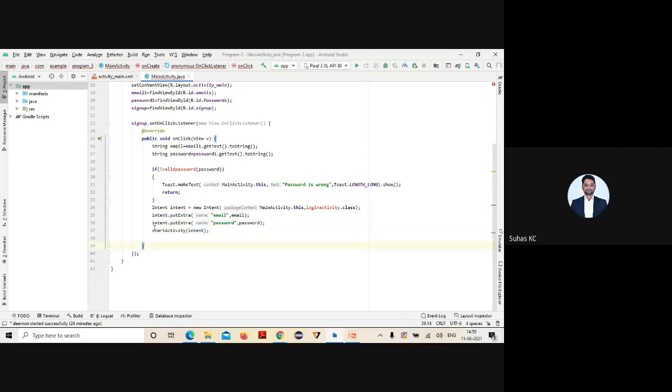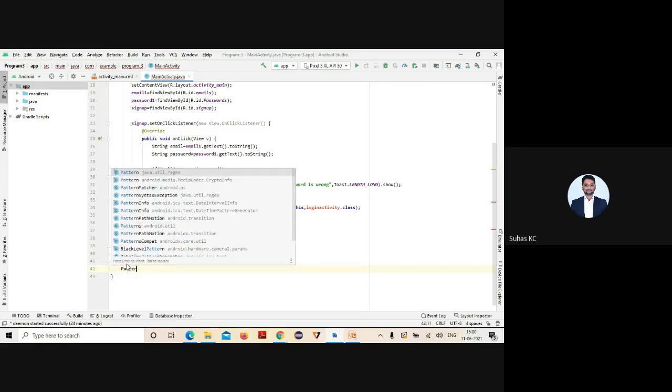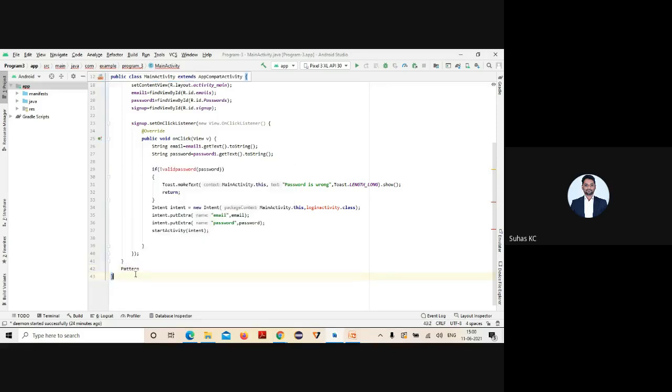So this is the close of your on-click listener, and I should come here and enter the rule part. For writing that particular rules part, there is a particular class called Pattern. Why this is used, I'll show.